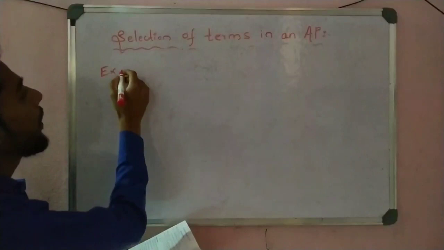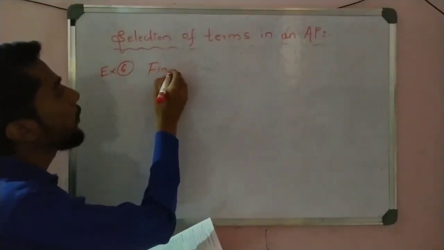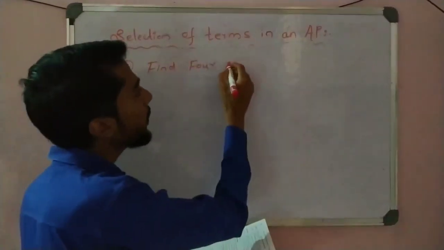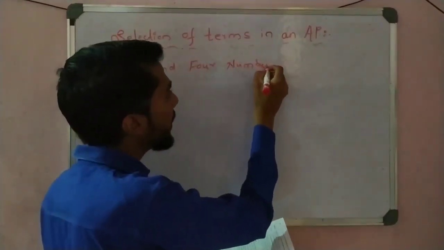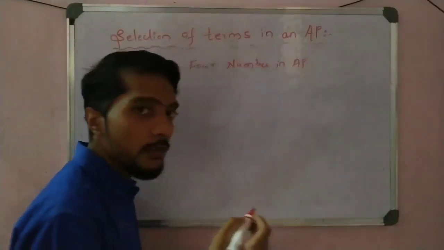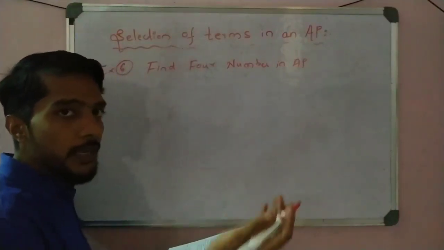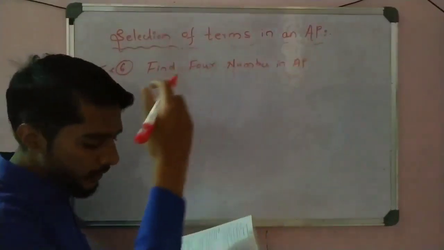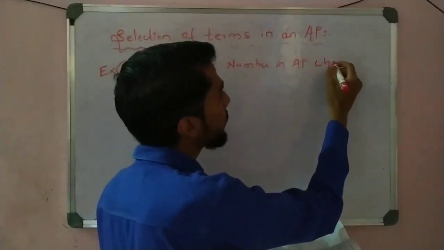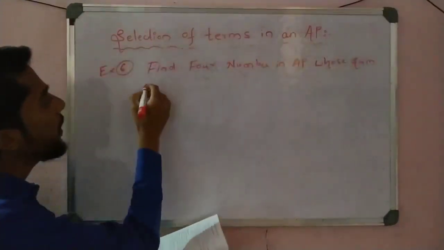Okay, problem number 6. Find 4 numbers. Again, see 4 numbers. You get the idea. Okay, how to solve this one in an AP. So 4 numbers means the selection of 4 terms. What is that? a minus 3d, a minus d, a plus d, and a plus 3d, right? So the sum is 28